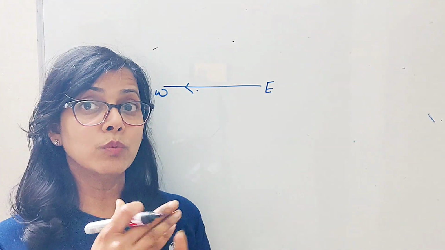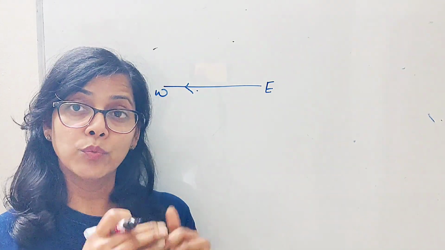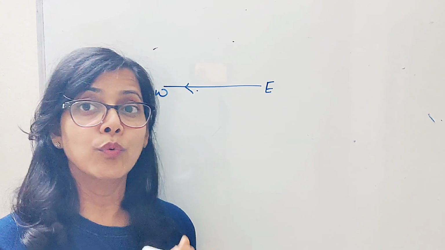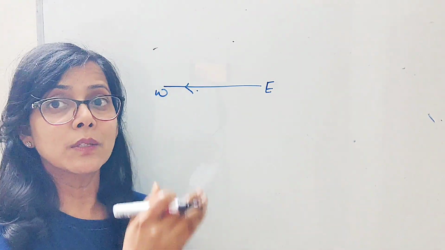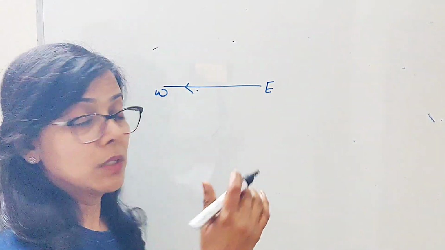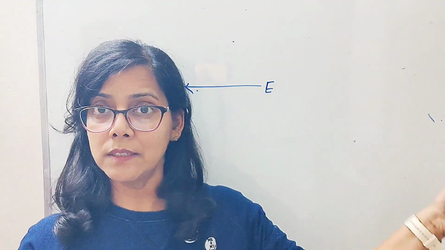Means they are saying the particle is deflected towards north. When will it be deflected towards north? When the force will be towards north. Only then will it deflect towards north. It means the force which is being applied here is towards north. So I am drawing again a 3-dimensional figure. So in 3 dimensions, let me explain to you. If this is east, this is west, then where is north?